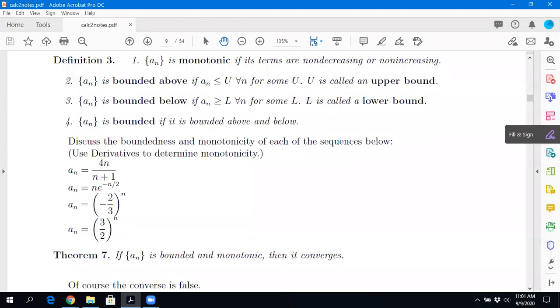Sequences naturally lay the groundwork for what's about to happen, namely a discussion of series. Okay? So let's